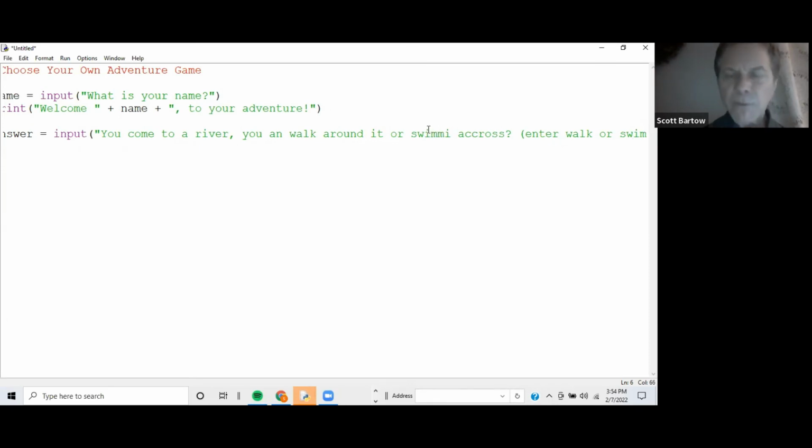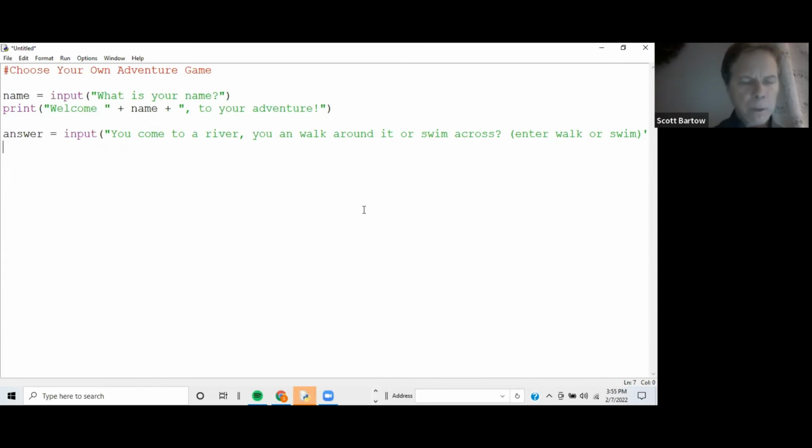Change this. So that's swim. Swim across. Walk around it or swim across. And to swim across. All right. So if answer equal double quotes swim double quotes,